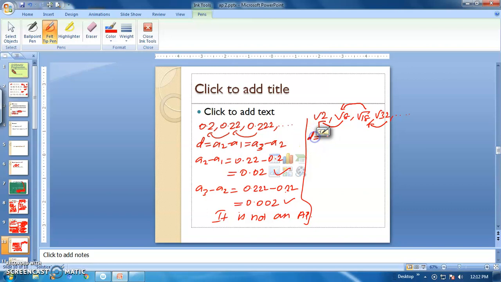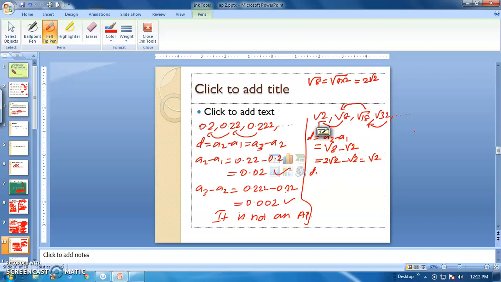that is d equal to a2 minus a1, right? So equal to root of 8 minus root of 2. Can we write root of 8 as 2 into root of 2? Because root of 8, we can split it as 4 into 2, and 4 is a square number, so we can write 2 into root of 2. So 8 can be written as 2 root of 2, minus root of 2. So when we subtract 2 times root 2 and 1 time root 2, we get 1 time root 2. So that is a2 minus a1.